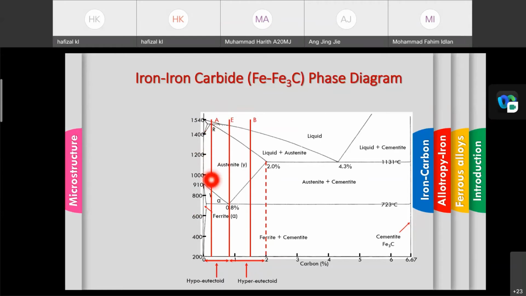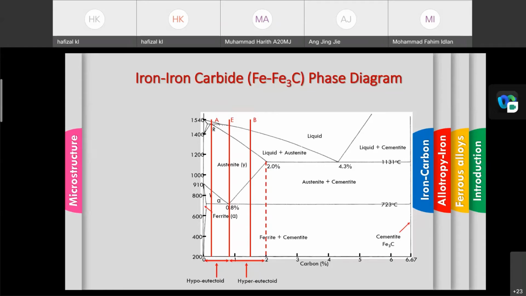Along the way of line A, during the solidification, what will happen to the microscopic structure, and also the composition. Okay, the information related to this we already discussed on chapter 6. So what will happen to line E and what will happen to line B. Okay, so in this area we will discuss